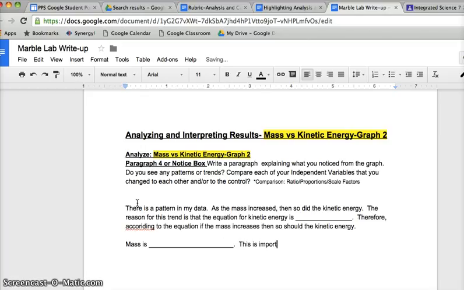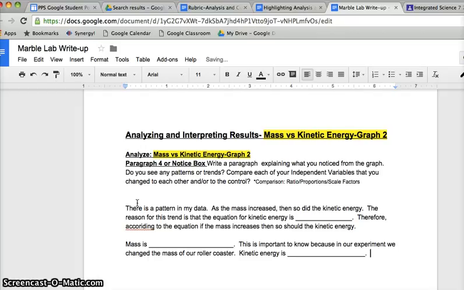This is important to know because in our experiment we changed the mass of our roller coaster. Kinetic energy is, then the definition, the equation, and then the next thing you may want to talk about is any